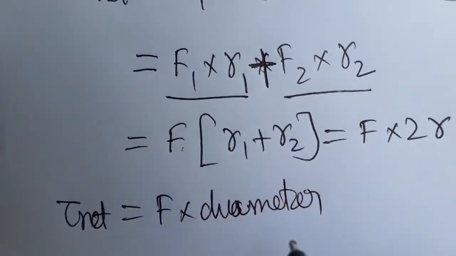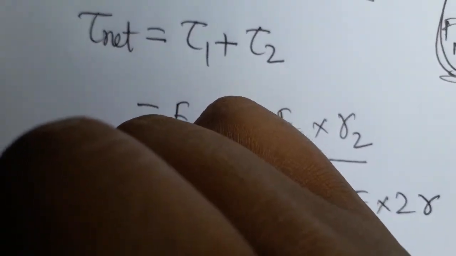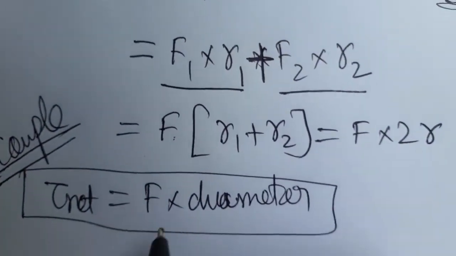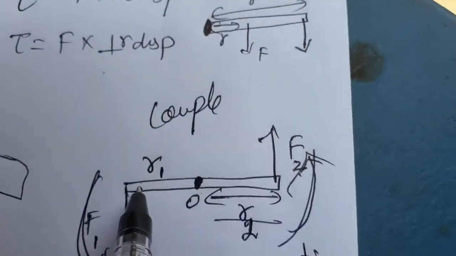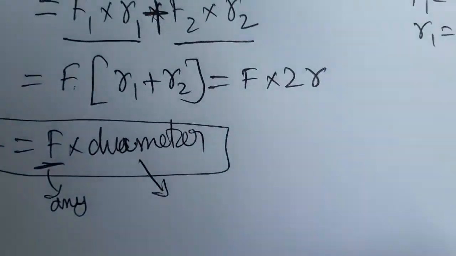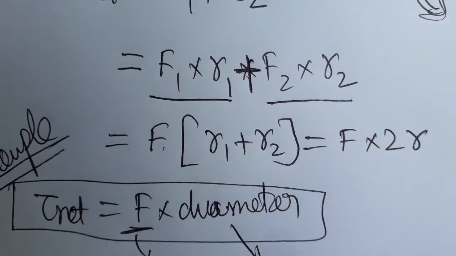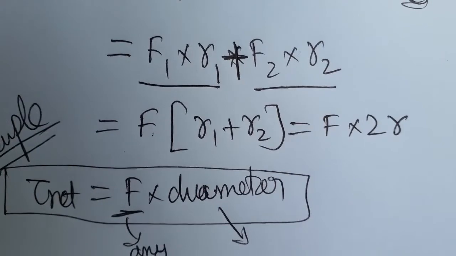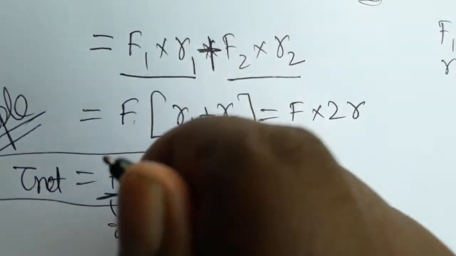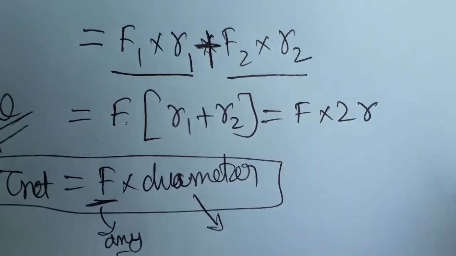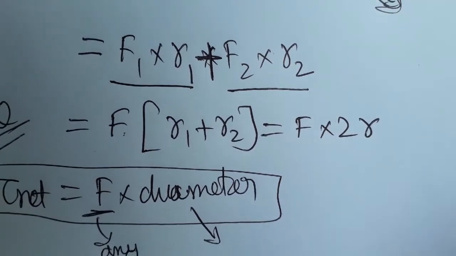One of the forces and the distance between the two forces we can take as the couple. The definition of couple is the product of any one of the forces and the distance between the two forces. That means the diameter is the distance between the two forces. Examples of couple force are car steering, opening the pen cap, and opening the tap. Many things are examples of couple force, but two equal and opposite forces have to act. Okay, thank you.